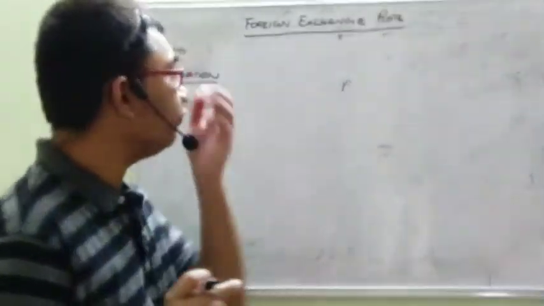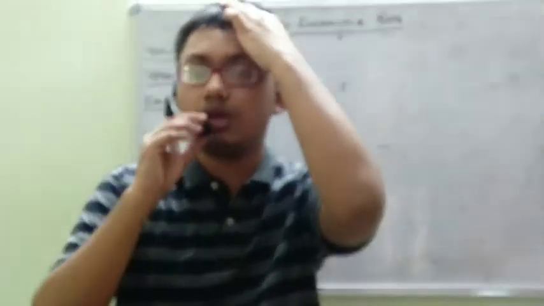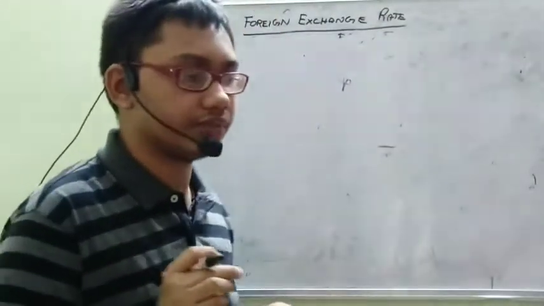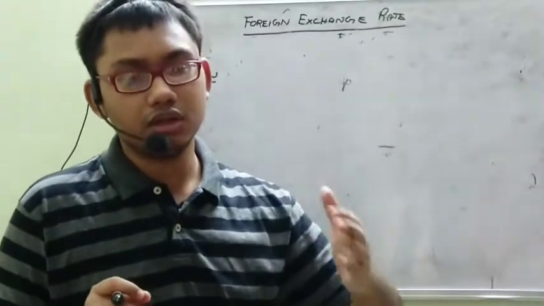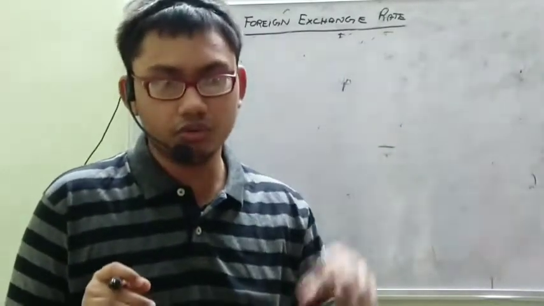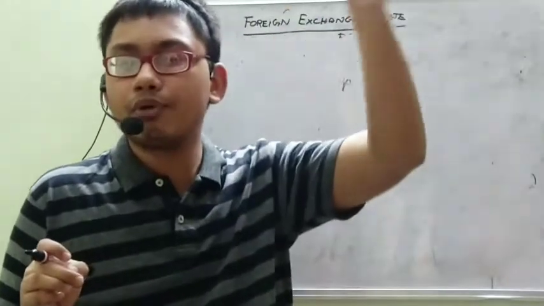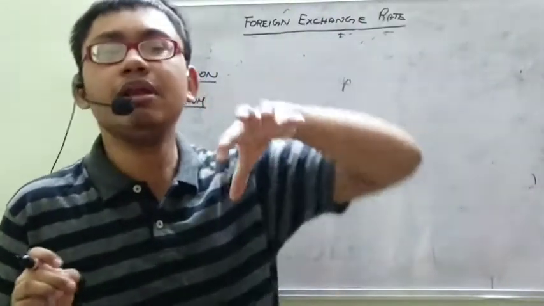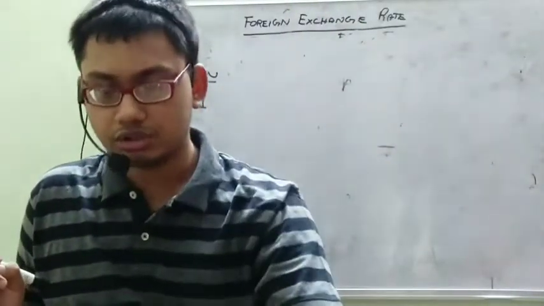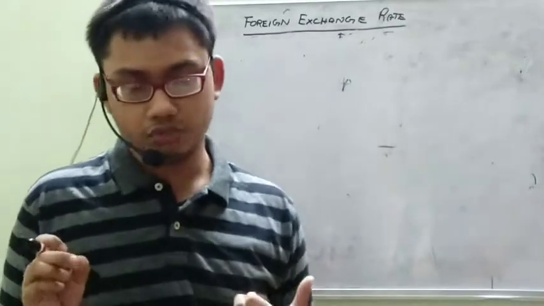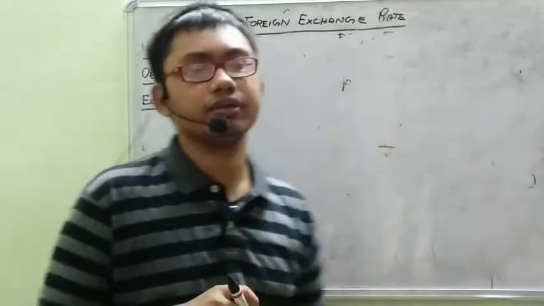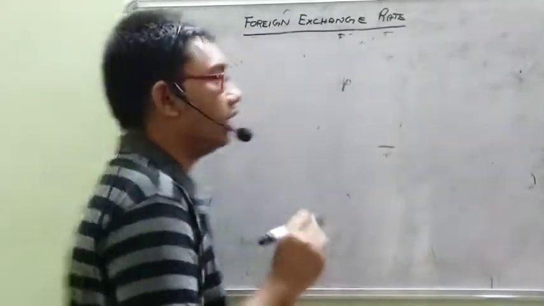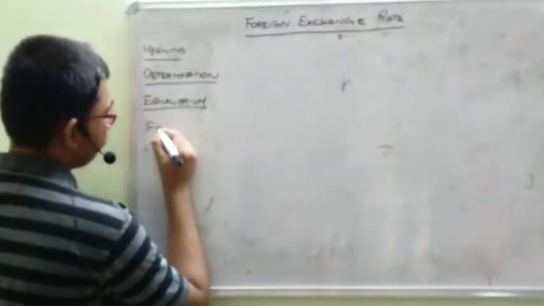Generally, a foreign exchange market will be there in almost all countries, because if one person is coming from the US and wants to get Indian rupees to stay in India, he will be approaching some bank, giving US dollars and getting Indian rupees. So the foreign exchange market is the place or structure through which foreign currency is bought or sold.